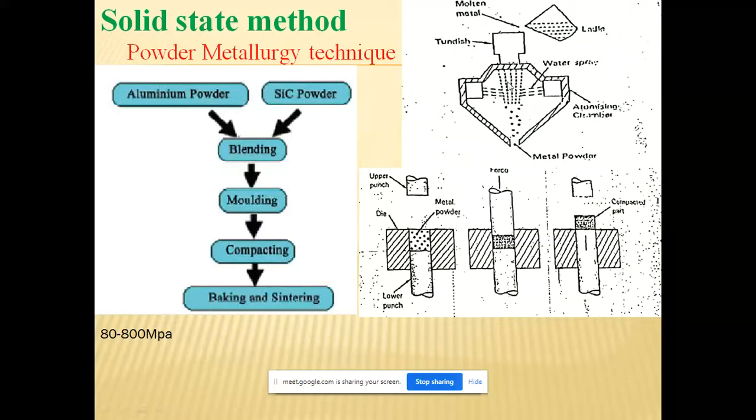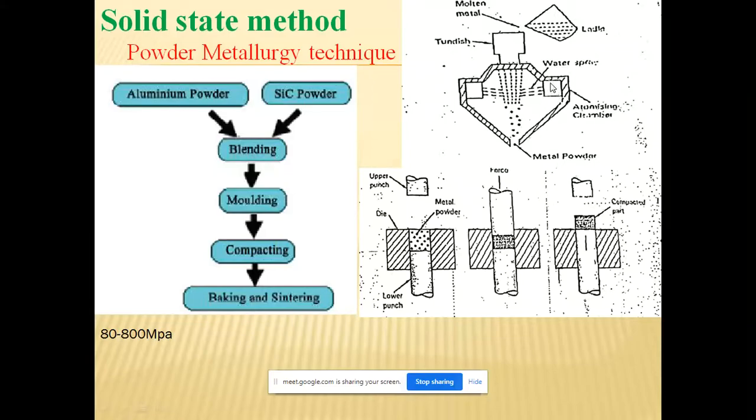See, for that we have a process called atomization. We can see this first figure related to atomization. Now see here, I have taken molten metal of aluminium. First I take an aluminium molten metal, which is in the form of liquid, right? Then we can see here there is a water spray. We are pouring the aluminum metal into a channel. Then the molten metal starts coming downward here, right? Then, due to this, we are supplying water at high pressure.